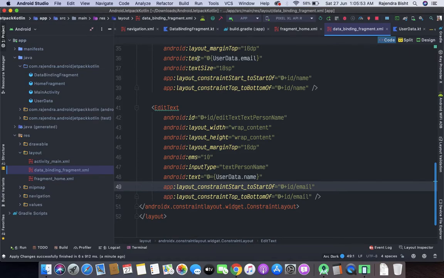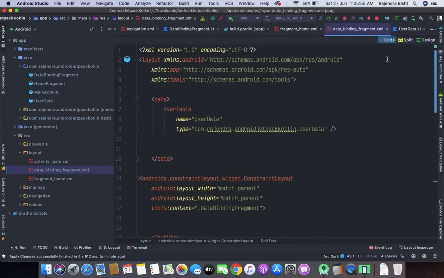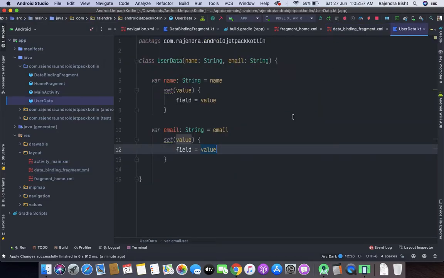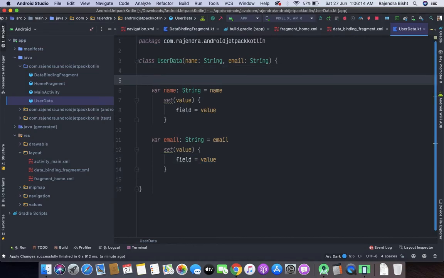Now for the two-way data binding we need to add a bindable tag with our model class, so that our data will change the object in real time. So here we will add a tag which is bindable tag.